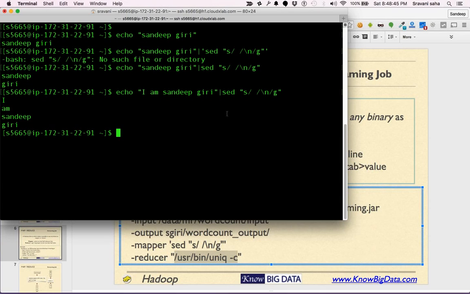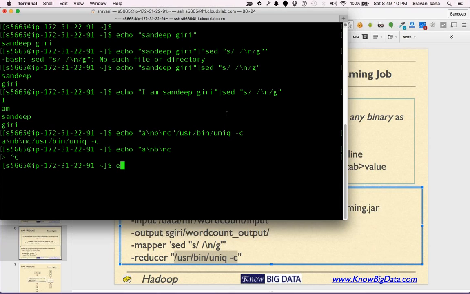All right. Now let's understand, what does the other command do? This command basically computes the frequency if the input is ordered. Let's try to feed it A new line, B new line, C. Okay, no, this is not working.